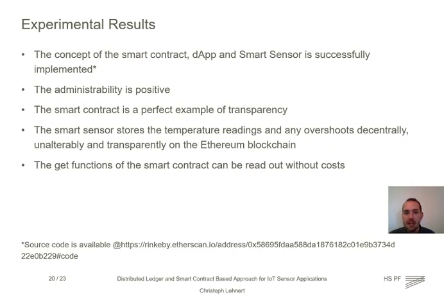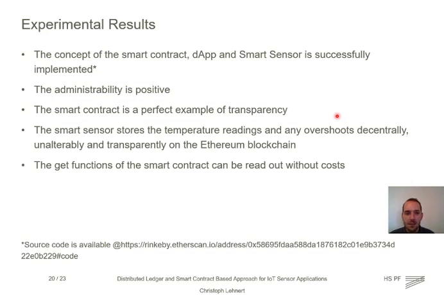After the implementation, it was visible that the administrability is positive, because it is sufficient if a new sensor knows the contract address and the API to log into the system. The smart contract is a perfect example of transparency, as all events and interactions are logged and can be viewed by anyone who knows the address.